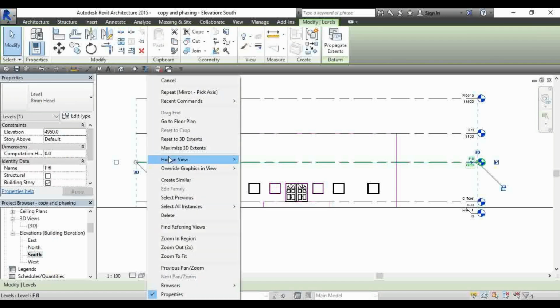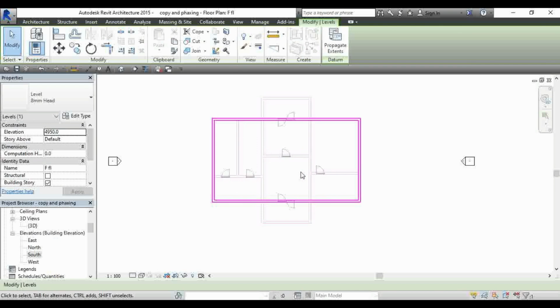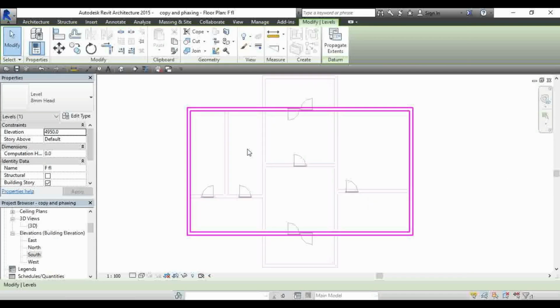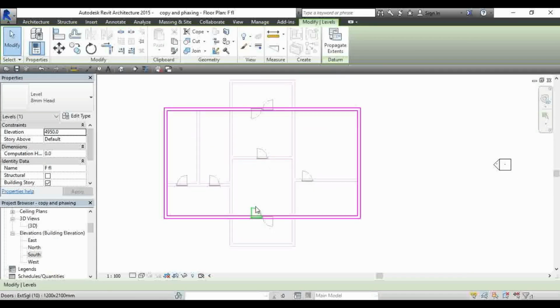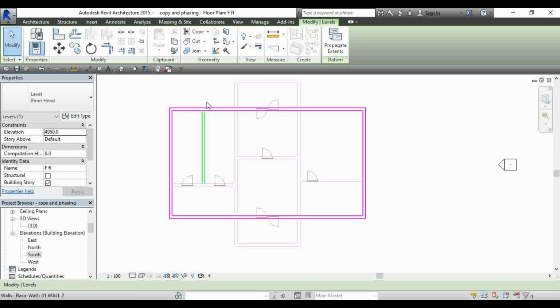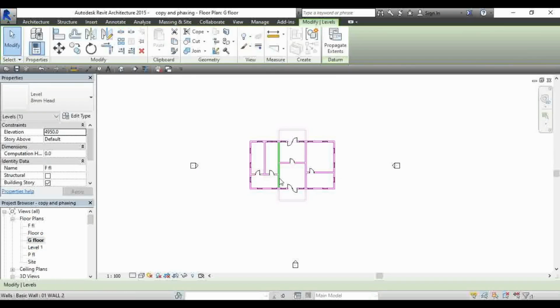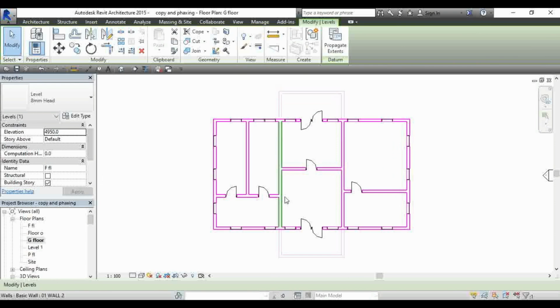So I'm going to open the first floor, and you can see at the moment there are no doors, there are no walls except for the external wall. I'm going to get those elements from the ground floor, copy them, and then paste align them in this particular floor level. The reason I'm doing this is that the positioning of those elements is the same. So instead of creating them one by one, I'm just going to copy them